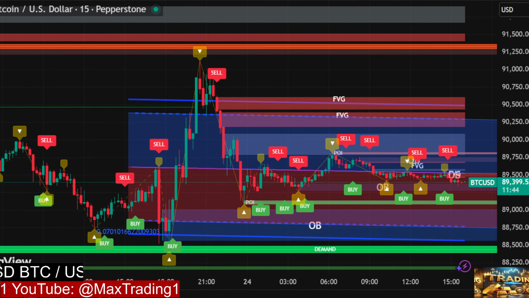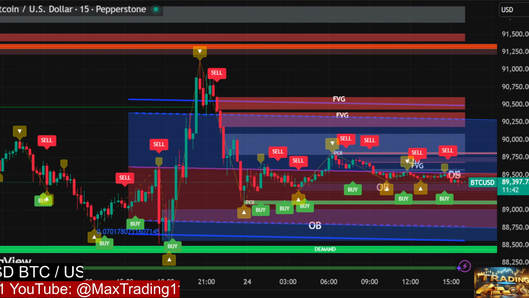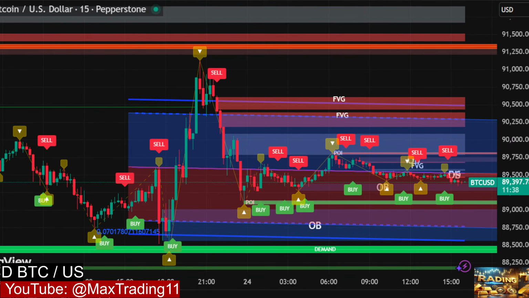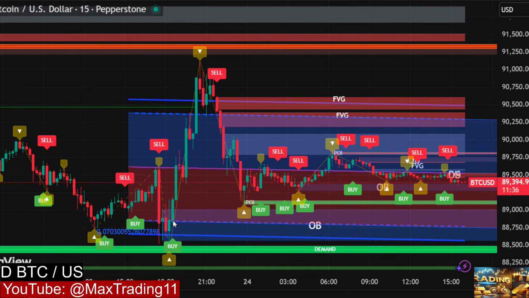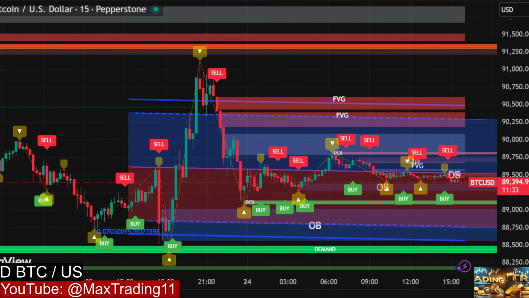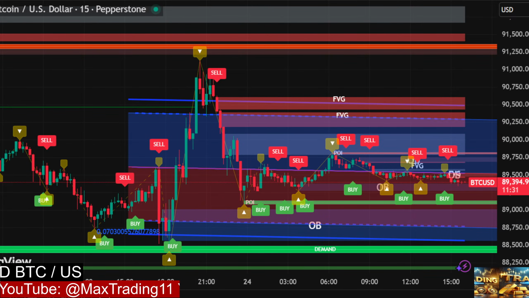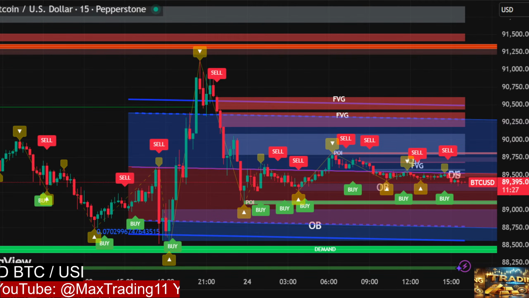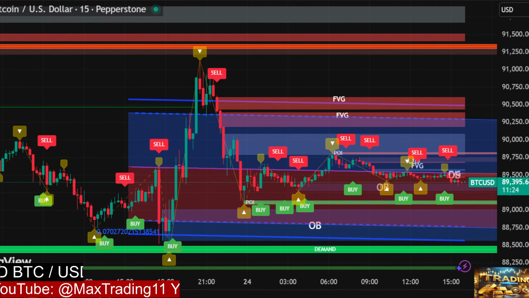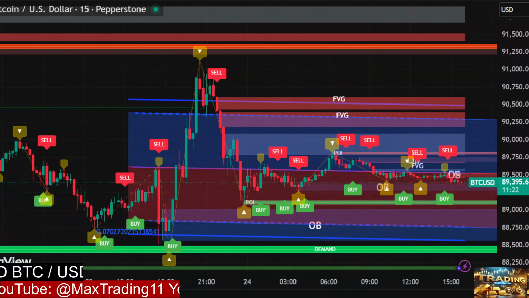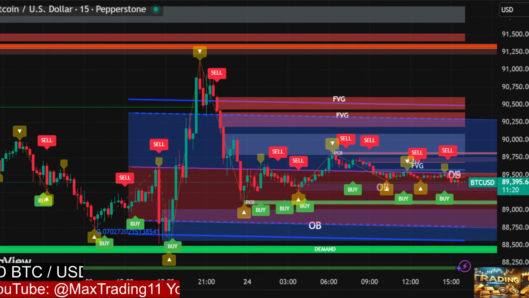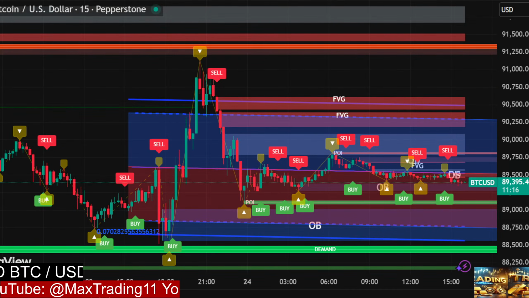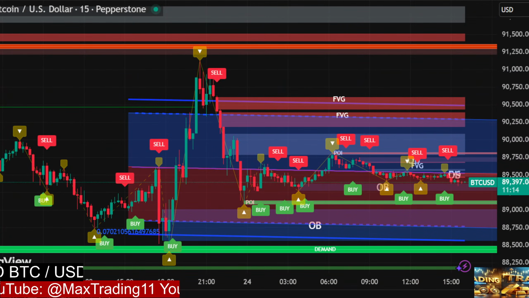Let's consider the recent structure. Over the last few months, gold has been fluctuating between $2,300 and $2,500, forming a broad consolidation zone. This range is crucial because it represents accumulation and distribution phases. If price breaks above $2,500, the next major target becomes $2,600 to $2,650. A clean break below $2,300 could retest $2,200 to